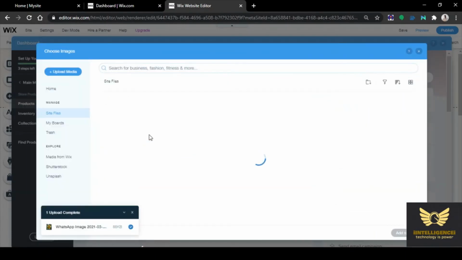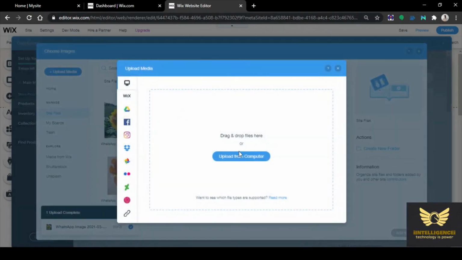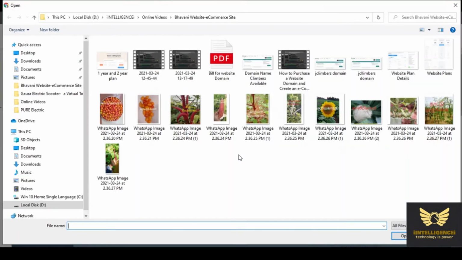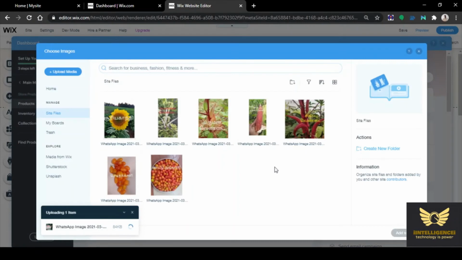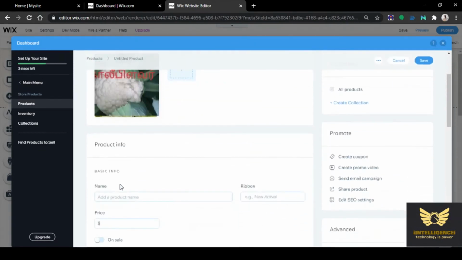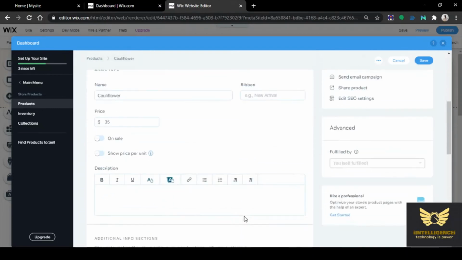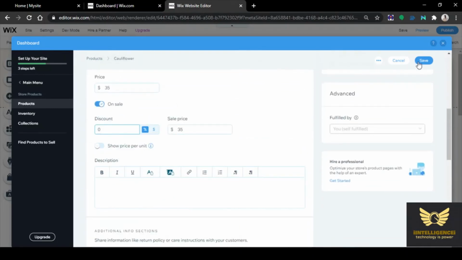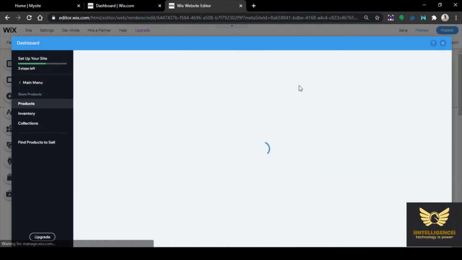Again, physical product. You can also provide a digital product, provided you have the digital product available for sale. Upload the next image. Add image. Name of the product, cauliflower. On sale.